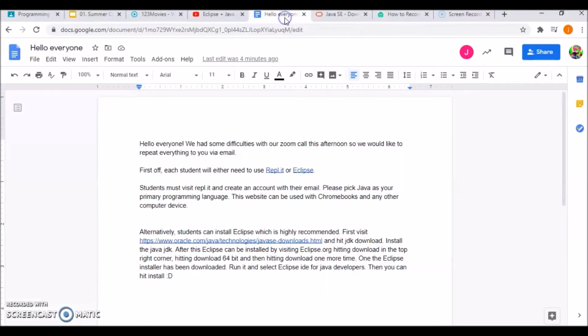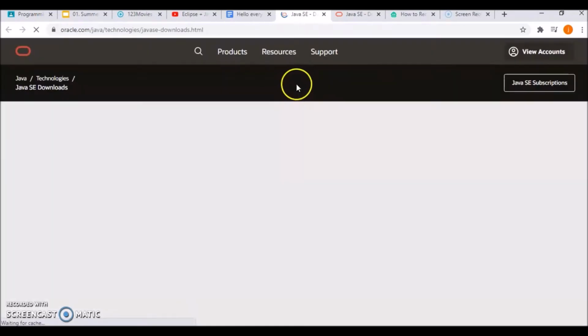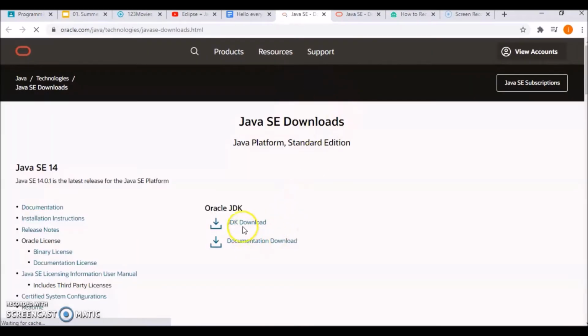Hi everybody, I just want to show you how to install Eclipse and use the Java JDK. So the first thing you need to do is go to this link, which should be in the email you're looking at, and if we click that right there, it brings us to this website, and here we can hit JDK download,